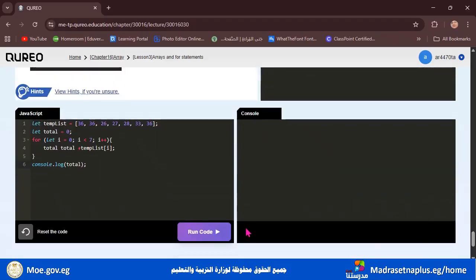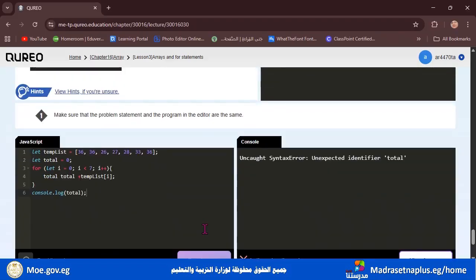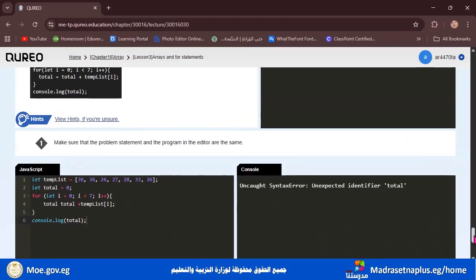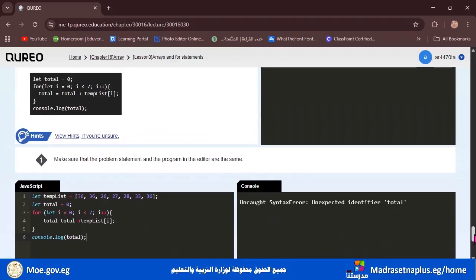Okay, let's click run code. Total. Let's check it here. Okay, let's revise it with me. Let total equal 0, and here we have it.